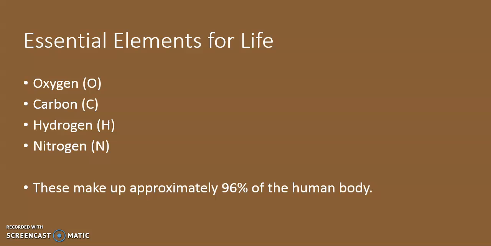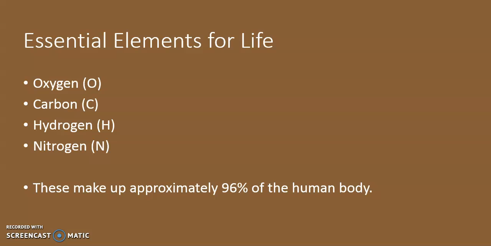The essential elements for life, or the elements that you would be studying in organic chemistry primarily, are oxygen, carbon, hydrogen, and nitrogen. There are other elements that would be included in organic chemistry studies and that influence life, such as the trace elements of calcium, sodium, potassium, and iron, things like that. And these influence the state of being in life, so you would have to study their interactions.